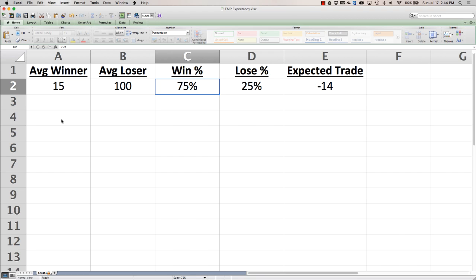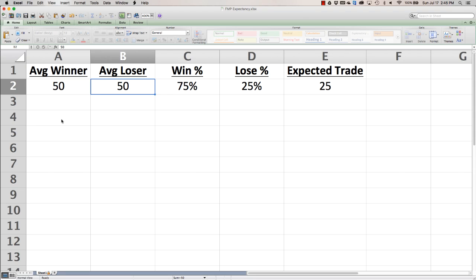Well, you definitely need to have more reward, right? And maybe your risk is too great. Maybe you're having problems with your stop loss. You're moving it, like I said. The only way you can fix it this way is we need to increase our average winner and likely decrease our average loser. So guys, if you risk 50 pips and you can make 50 pips at a 75% win